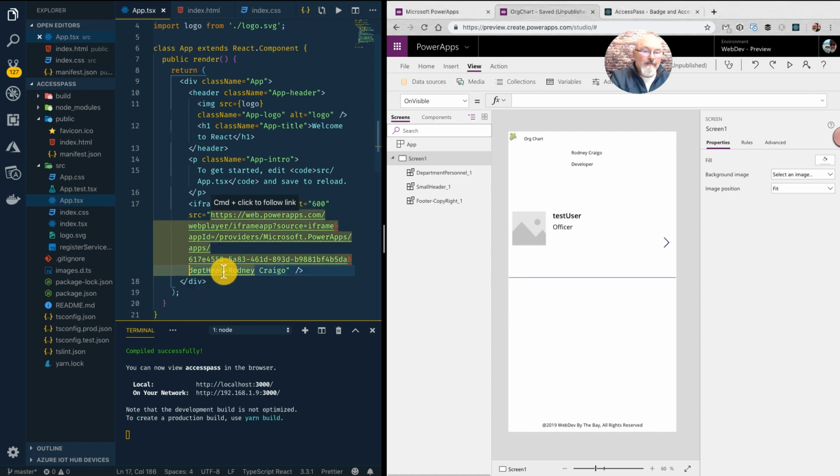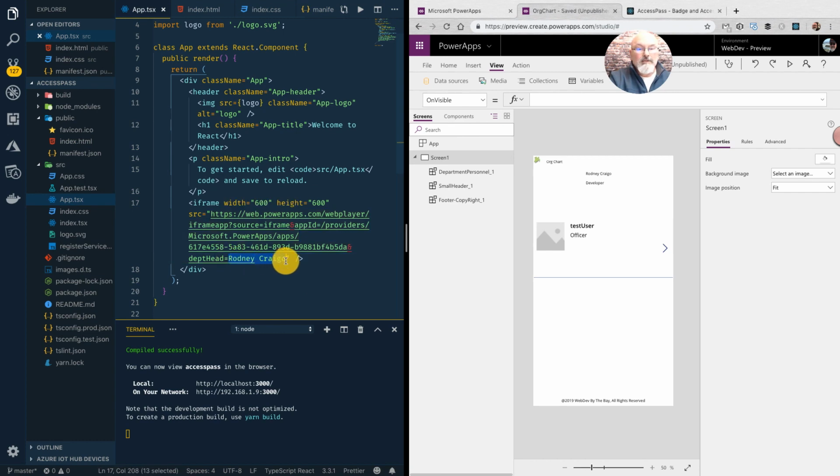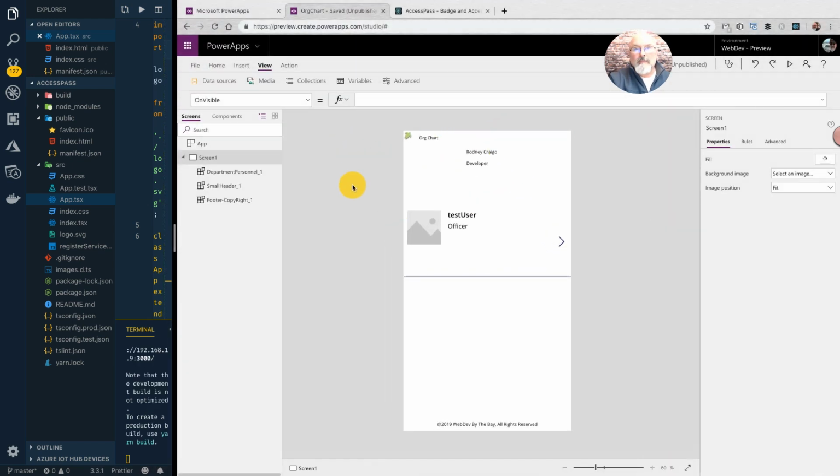And I have a query parameter here called department head. And I set its value to the actual manager I wish to search on. And I'm passing its value on the query string into my Power App.